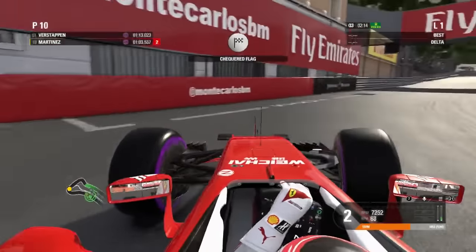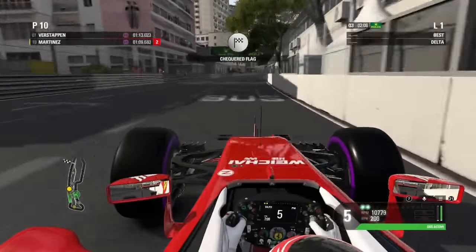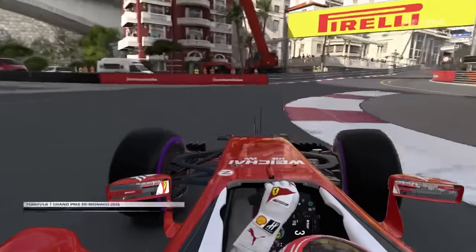And now finally through Rascasse, the penultimate corner, getting a great run through there, and then finally into Anthony Noghes, the final corner before opening up the DRS, and we're now going to come across the line. Let's see where this puts us on the grid. It's probably going to be first place, and yes, it is a fantastic lap there, and an absolutely incredible one